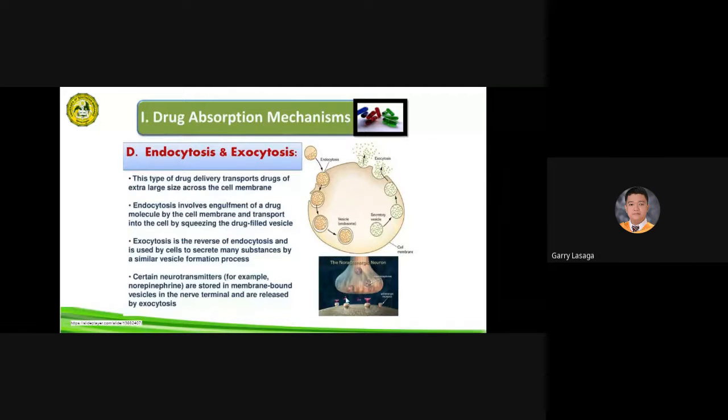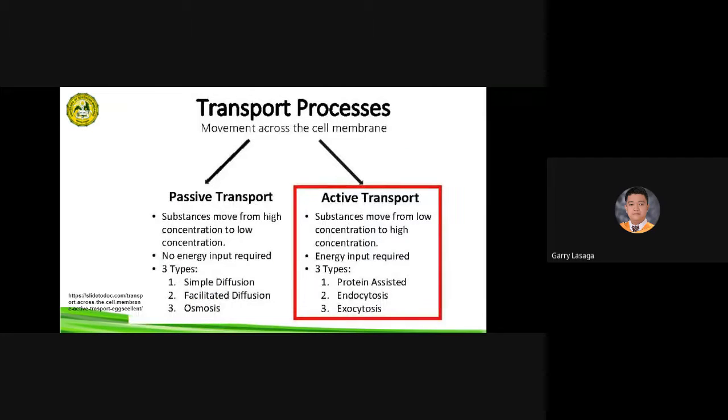And this norepinephrine, after it's released to the synaptic cleft, it can bind to the receptors in the target organs. So that mechanism can be classified as an example of exocytosis. So these are the two major groups of transport processes across the cell membrane. We have the passive and the active transport. For the difference between the two,